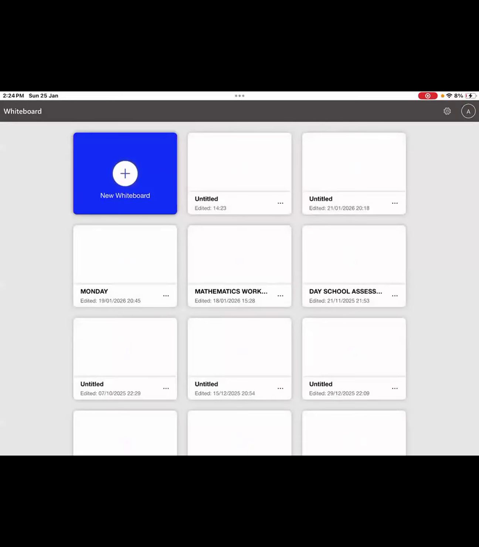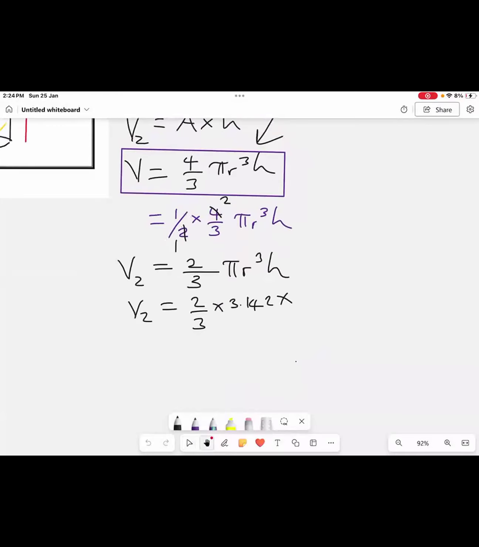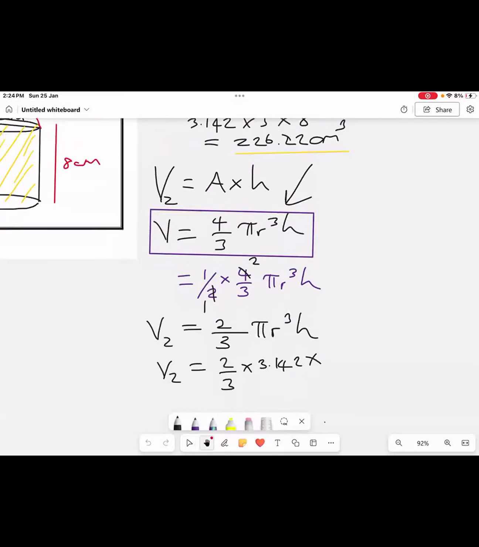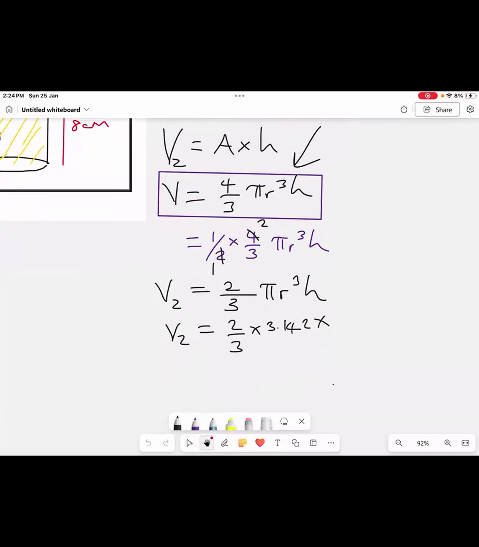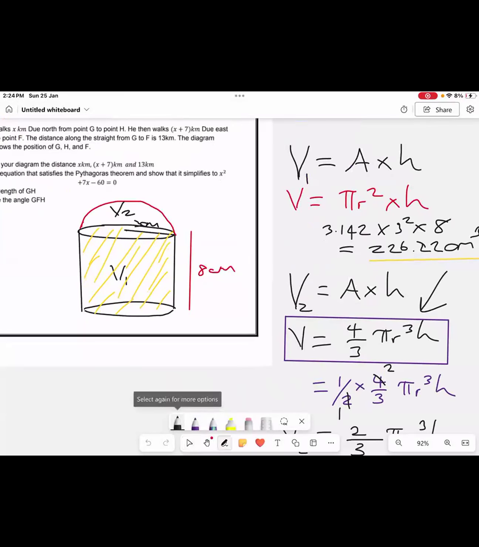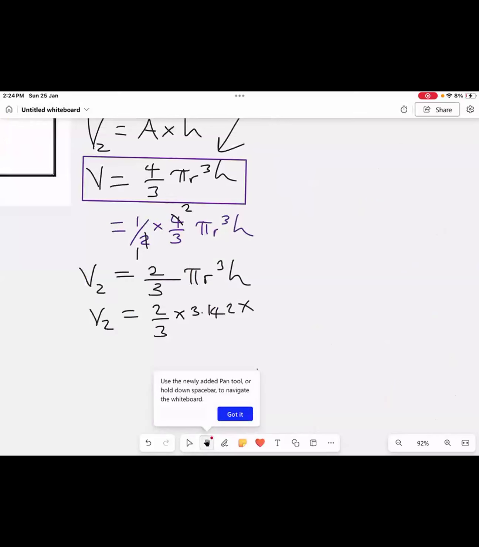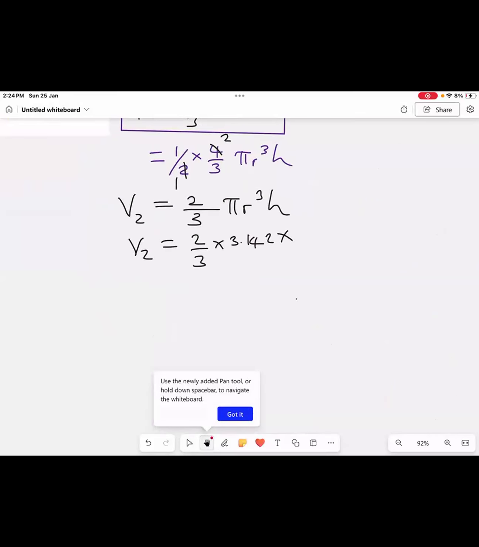All right, so hopefully it's back. There we have it now. The one that is in purple represents the volume of a sphere, as we've been saying. And the one at the bottom that I multiplied by a half, I multiplied it by a half because this top section right here is a half of a sphere. So I just found a half of the formula, and that gave me 2/3 pi r cube.